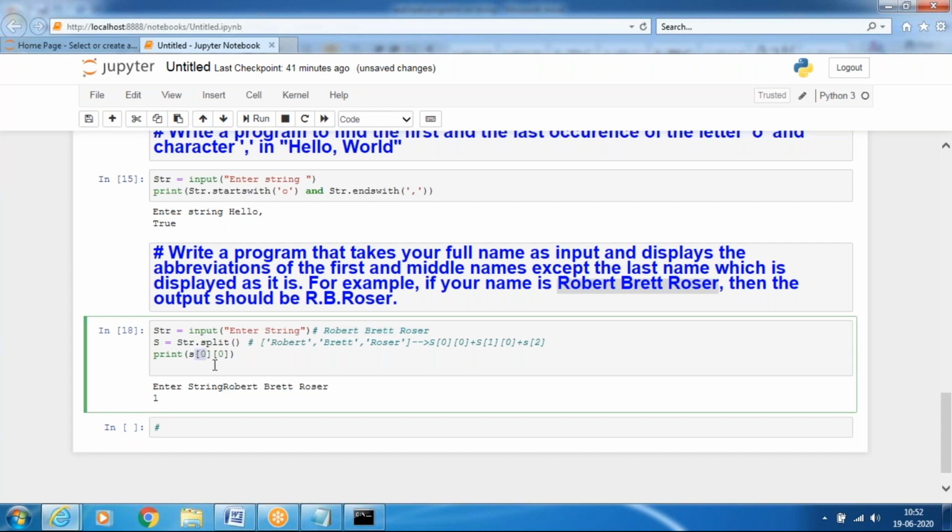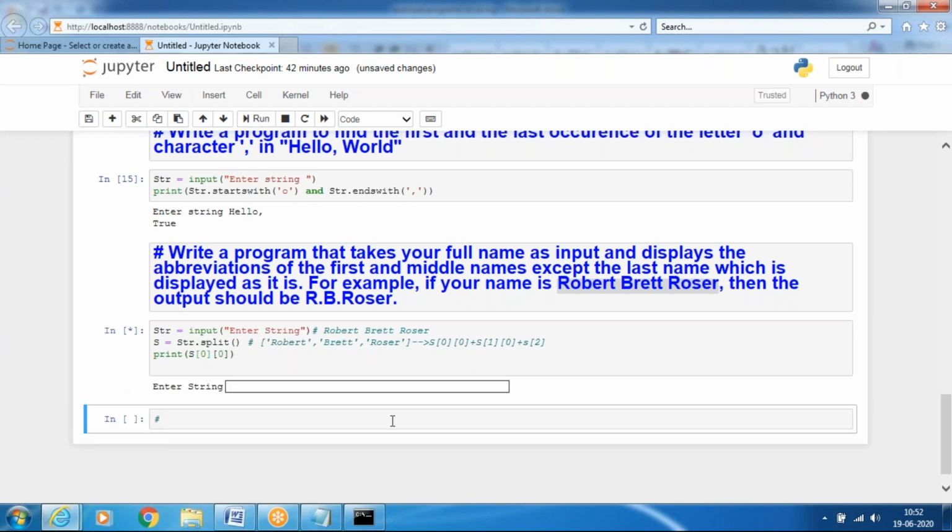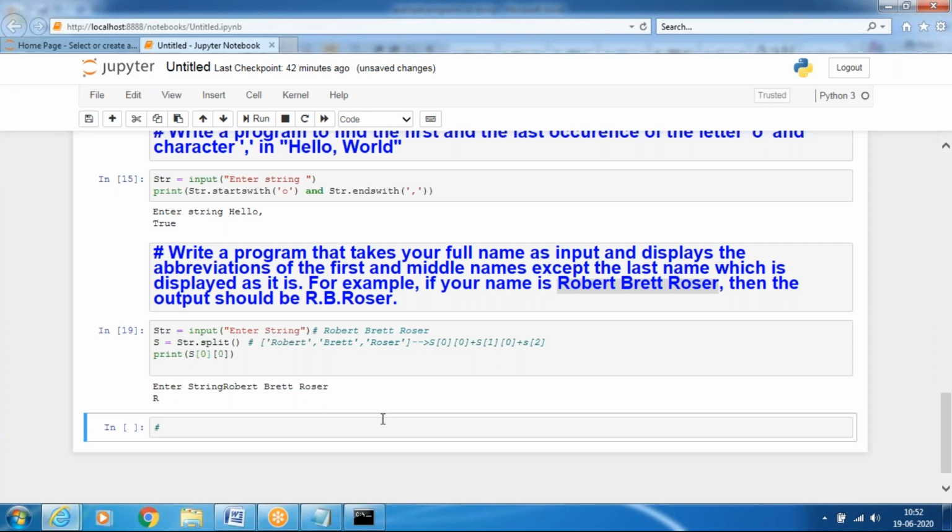Yeah, small s here. I will run the code again, and for Robert Betroser, the first character will come. In case I use only S of 0, it means Robert is printed.